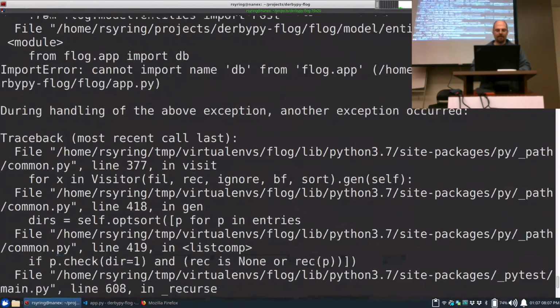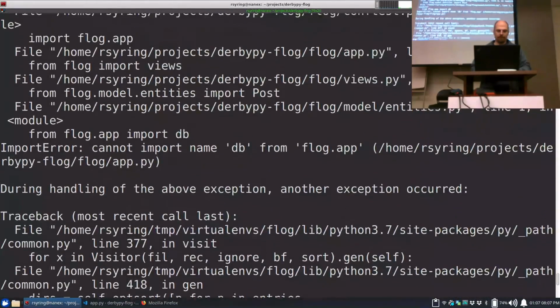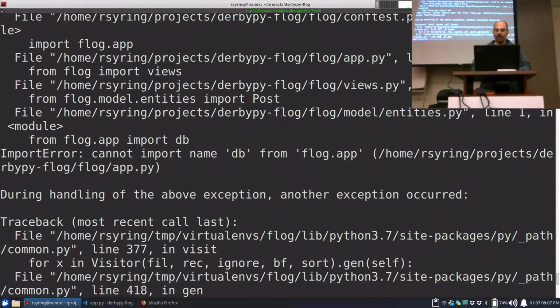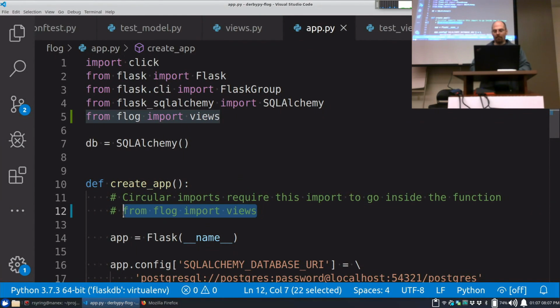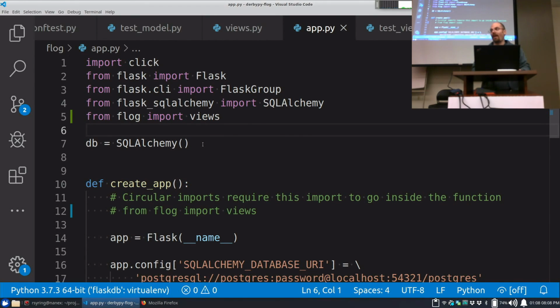Oh, I guess that's the right error. Cannot import name DB. So this is happening in entities. You'll notice my import was down here because of this issue. I had to put it inside of that function so it wasn't executing right away. So what happens here, this line gets executed, and as this line gets executed, the execution of this file pauses. So db equals SQLAlchemy has not been run yet. So in this module's namespace, there is no